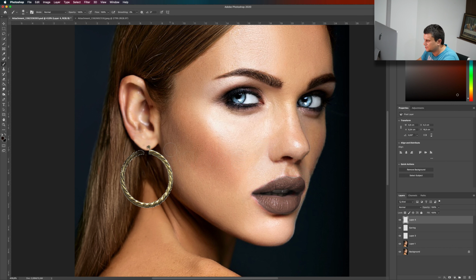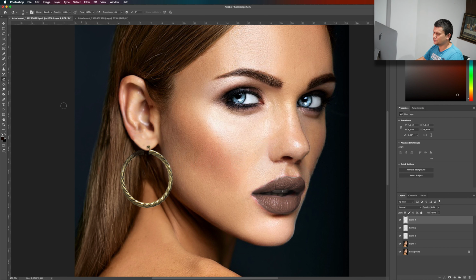We'll add some darks here and here. Like this. Now, if you want, you can lower the opacity a little bit. Now, this is the shadow that we added on the earring.